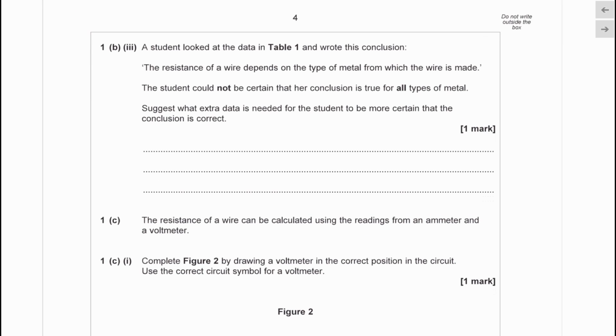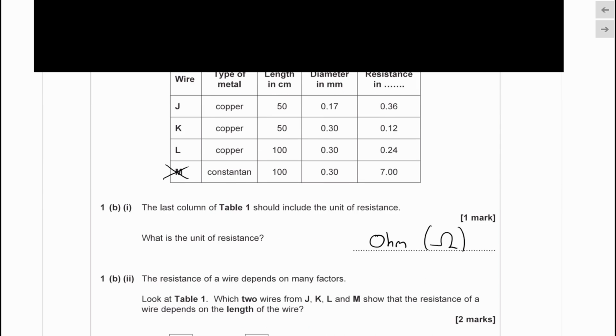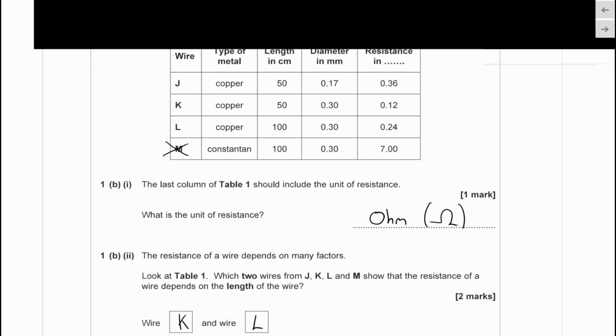B part 3, it says a student looked at the data in table 1 and wrote this conclusion. The resistance of a wire depends on the type of metal from which the wire is made. Okay? Underneath it says the student could not be certain that her conclusion is true for all types of metals. Suggest what extra data is needed for the student to be more certain that the conclusion is correct. Well, from our table, we only have data in this table on